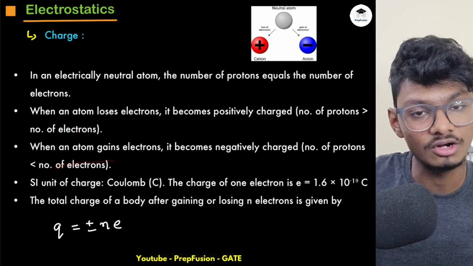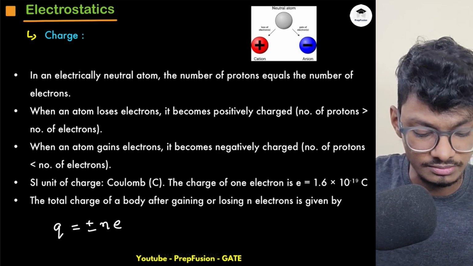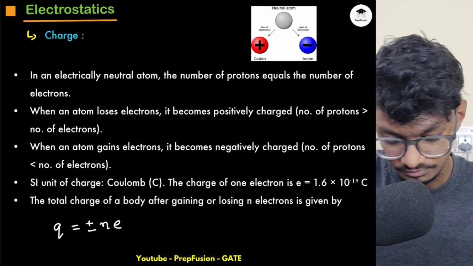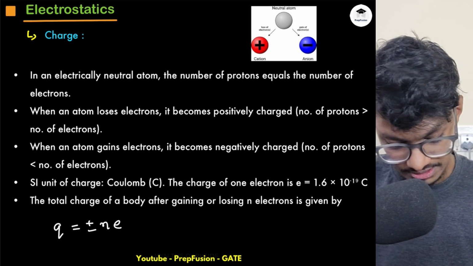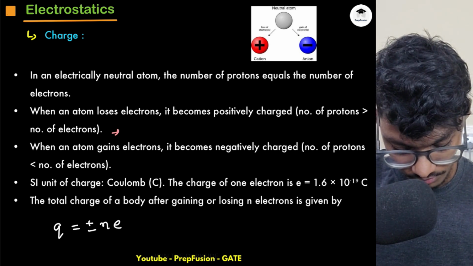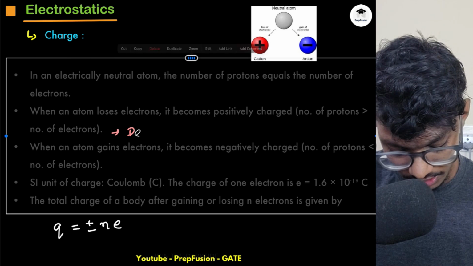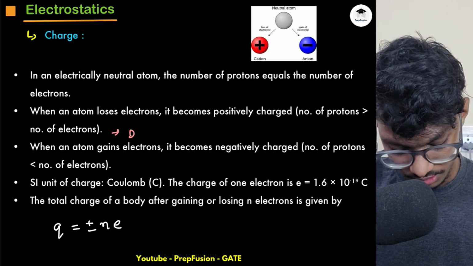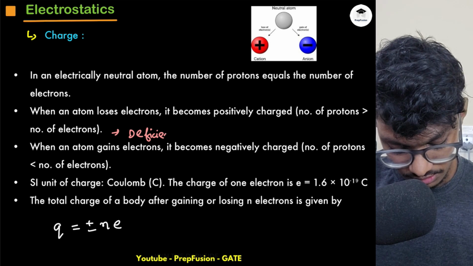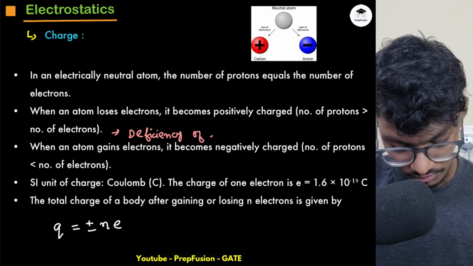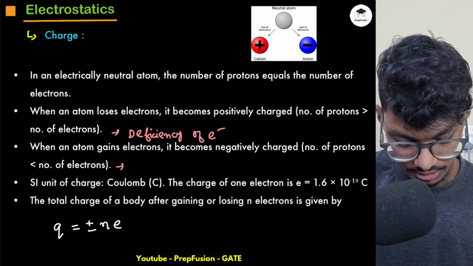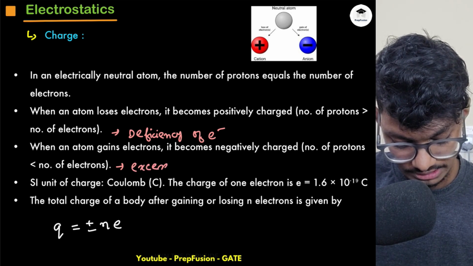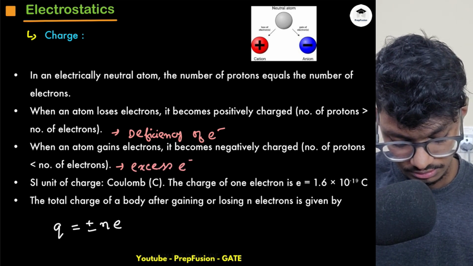If an atom gains electrons, it becomes negatively charged as the number of protons is less than the number of electrons. The number of electrons becomes more, excess electrons. This is also known as deficiency of electrons, and this is known as excess electrons. Okay,